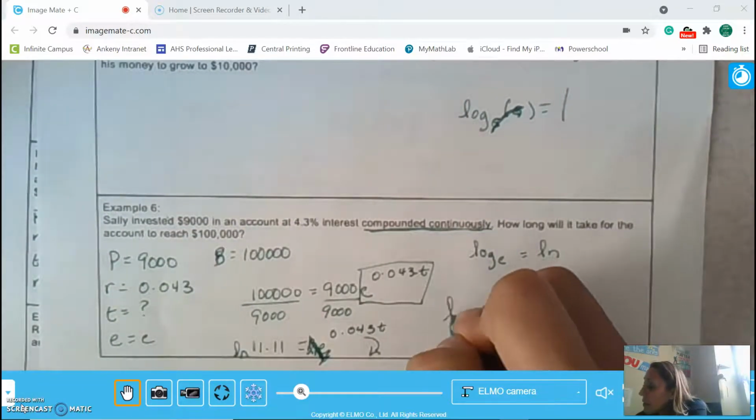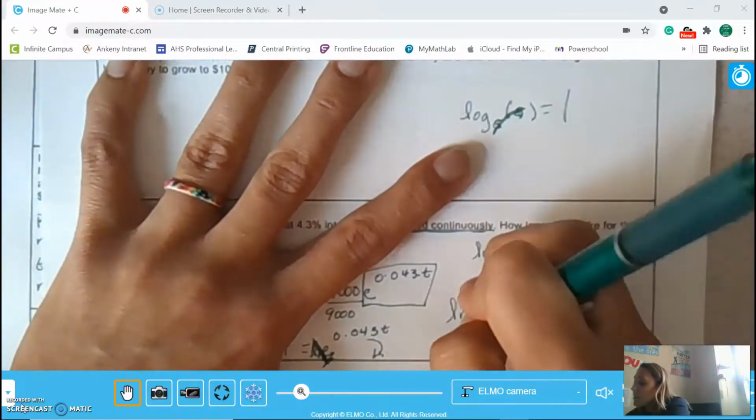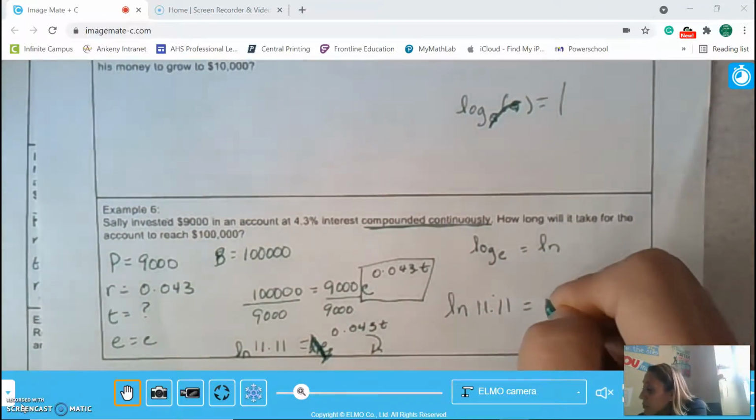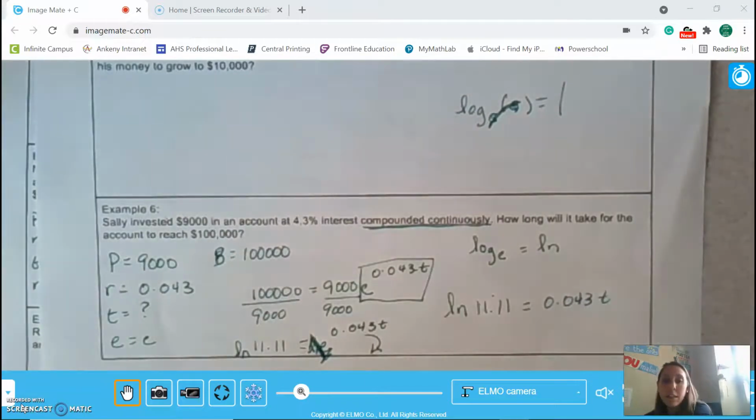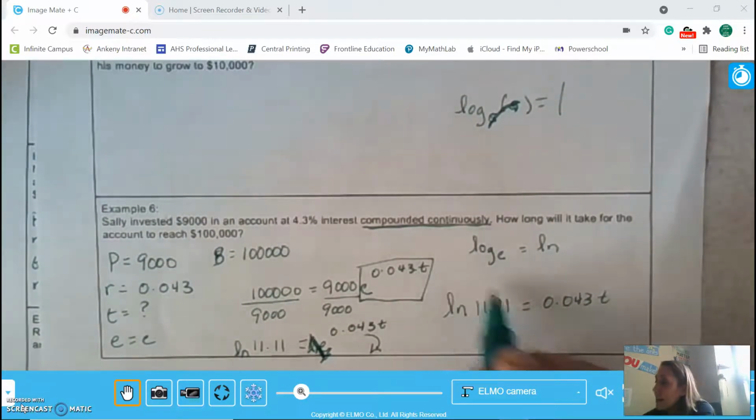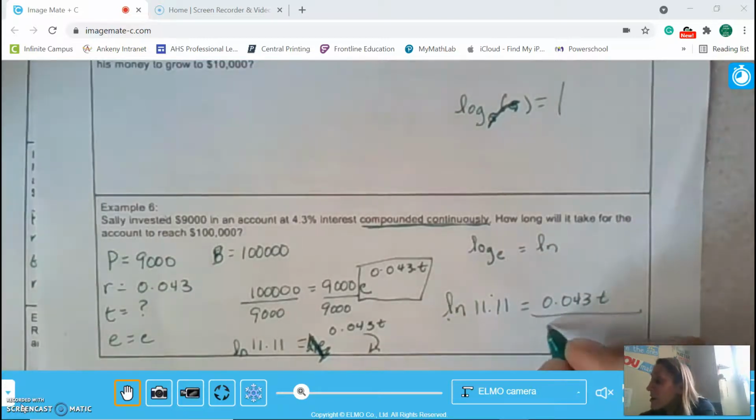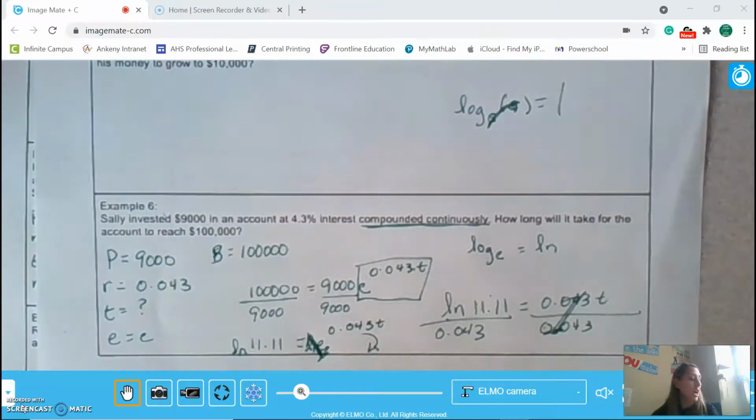So then I end up with natural log of 11.11 is equal to 0.043 times t. Well, we know how to solve something like that. This is just a number. It looks funny because it's got the natural log, but we're just going to divide both sides by 0.043. This turns into a 1, divide 0.043, and we end up with